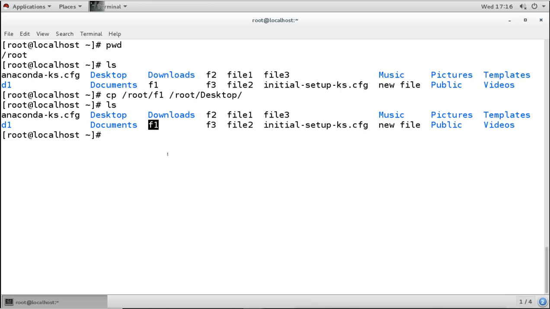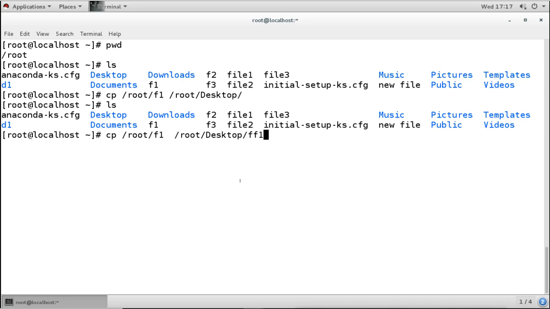Now one more thing we can do, we can copy and rename at the same time. For example, I want to copy the same file again, F1, and on the destination, I give the destination path and mention the name of the file, for example FF1.